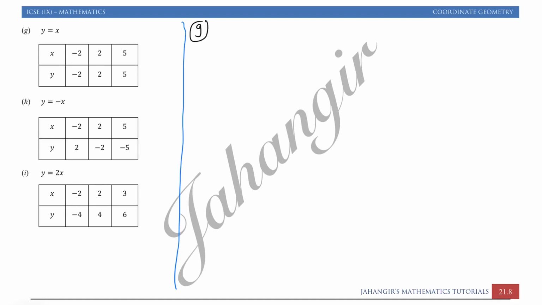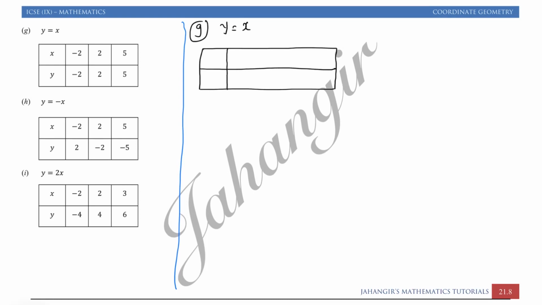The equation of G is y is equal to x. So what was our rule? Make y the subject of the formula. Here y is already the subject of the formula. So what we will do? We will find three values of x, and we will find the three corresponding values of y. So always you have to make a coordinate table. This is called a coordinate table. At least three values are necessary: x, y.